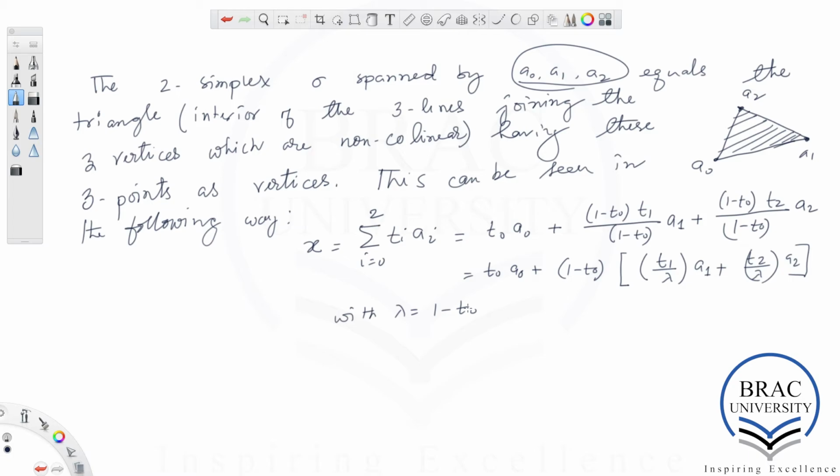Good. So we number this as 7. Now from this equation 7, one finds that a point P